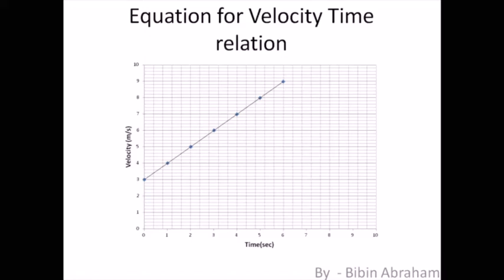let's go back to our previous class. Let me give you a quick reminder of what we studied in our previous class. Tell me, in our previous class we talked about distance time graph, we talked about velocity time graph, yes or no? So what are the things that we learned there? In the distance time graph we talked that the slope of the graph will give me the speed, yes or no? Do you remember? Yes, we have talked that the slope of a distance time graph will give me what?